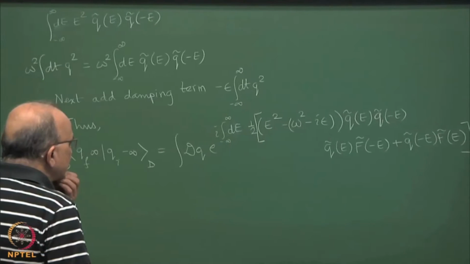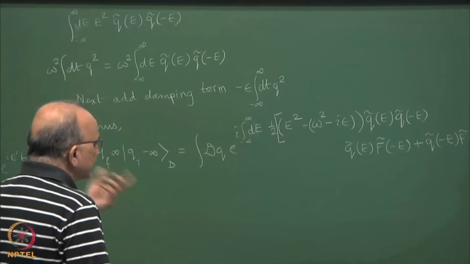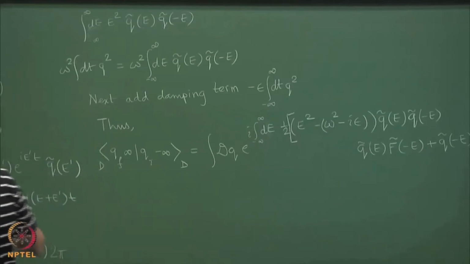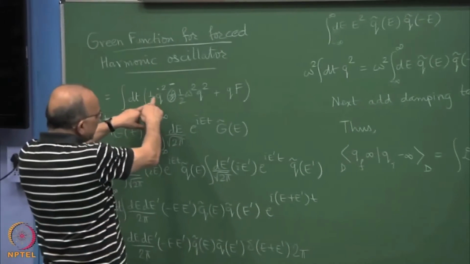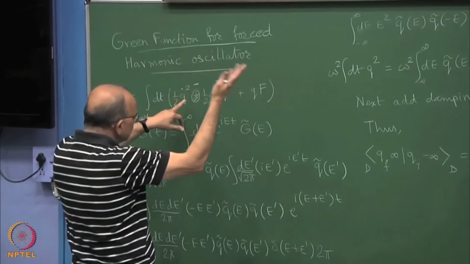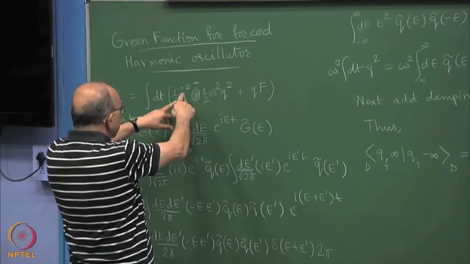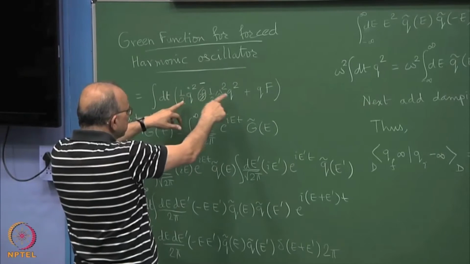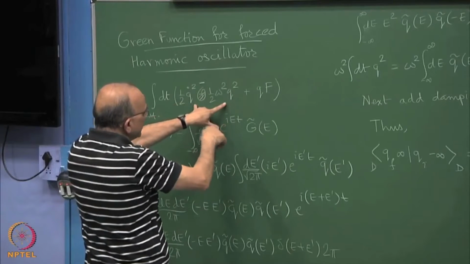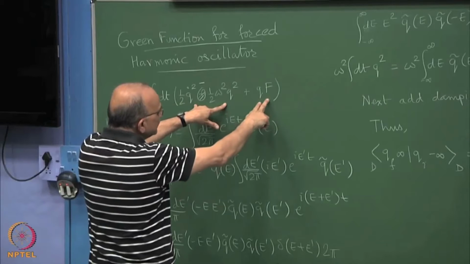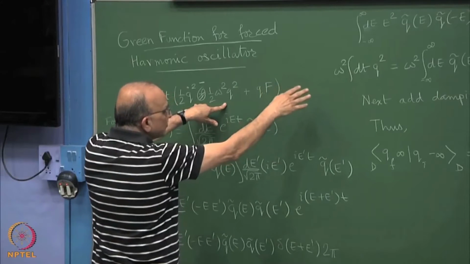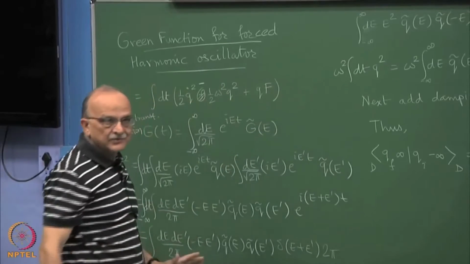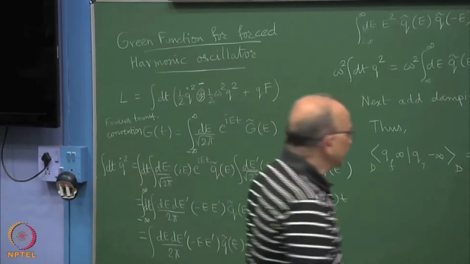Ultimately, it can also be again made a Gaussian. So if you just look at the structure of this, aside from a time derivative there, which in the energy domain will just become multiplication by energy, this is quadratic in Q or Q tilde variable, and this is linear in Q. So all you have to do is a term that is of the form f squared, and you can make it into a complete square. So that is what we do.